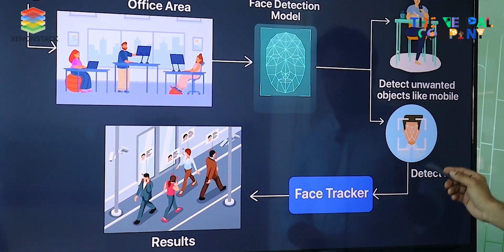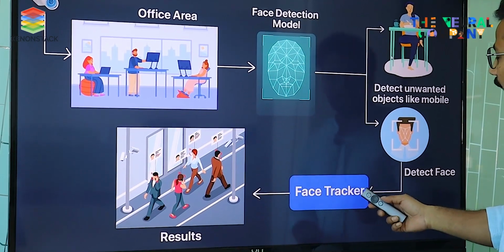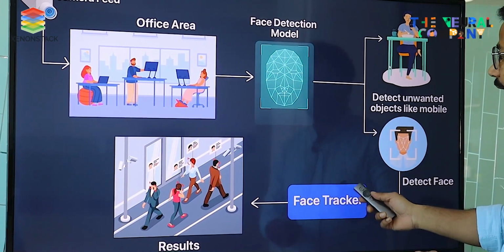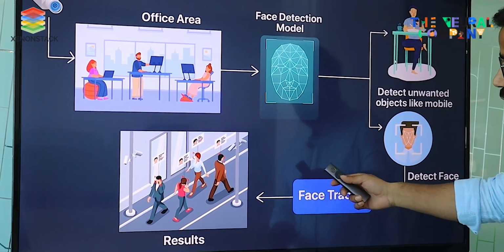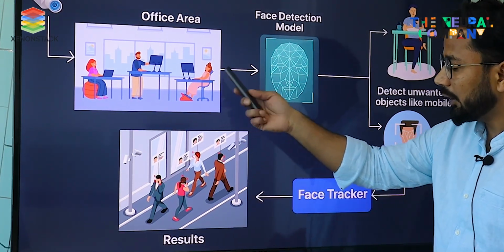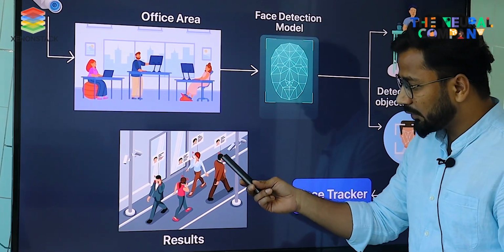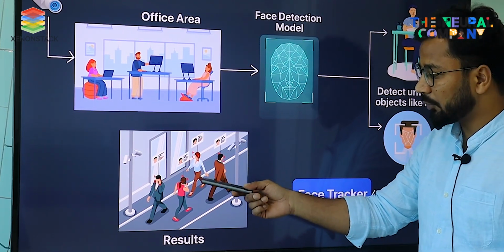All the information goes to the face tracker. The face tracker will start tracking the face of the person and the unwanted object, so we can have better accuracy. Then it will show the results of the person in the live feed in the camera that we are showing here. It will show the face, the bounding box around the face of the person, and the bounding box around the unwanted object